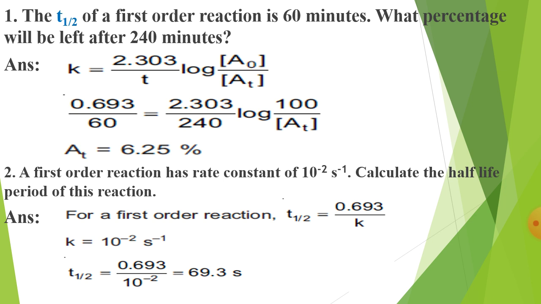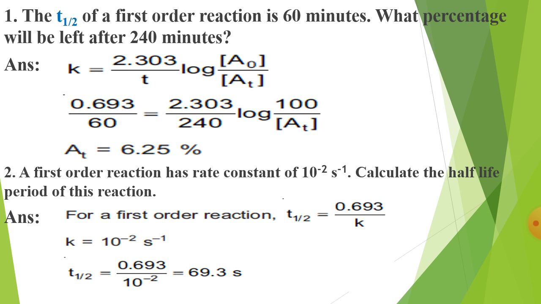So this type of question may be asked, to find the value of final concentration in terms of anti-log. Now second question: a first order reaction has the rate constant 10 to the power minus 2 second inverse. Look again, here second inverse is given, that means this indicates a first order reaction. Though it is given here, if it is not given, you can also look at the unit of K to find the order of reaction.